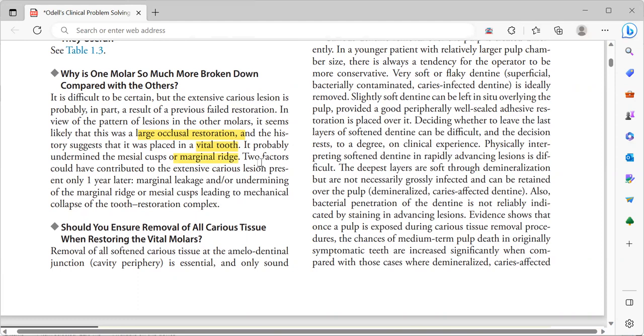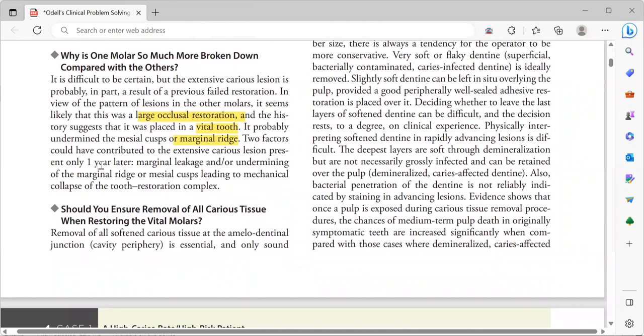So the marginal ridge is the most prominent part of the tooth structure, you all know. Because the hole in this tooth was very big to start with, there was a very big filling, and with a big filling, there is always a risk that it can fail. Two factors could have contributed to the extensive carious lesion only 1 year later, which is the margin. Sometimes there would be marginal leakage from the margins and undermining of the marginal ridge or mesial cusp, leading to mechanical collapse of the tooth restoration junction. So that's the reason there is a gap between the tooth and the restoration where bacteria are seeping in